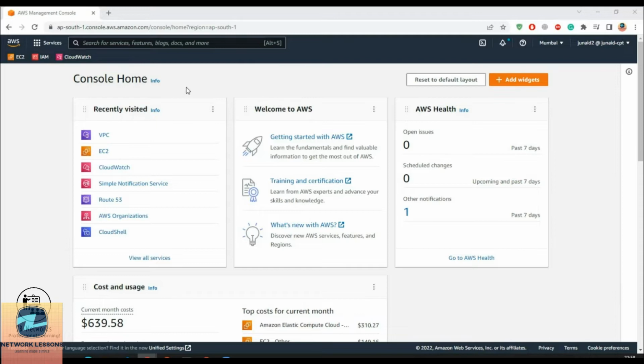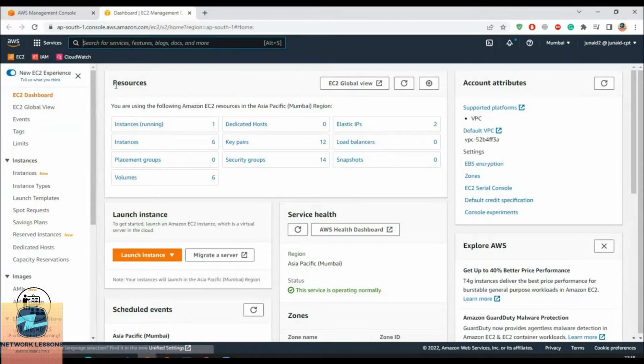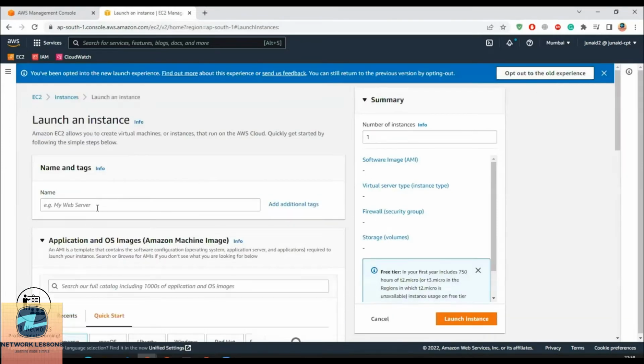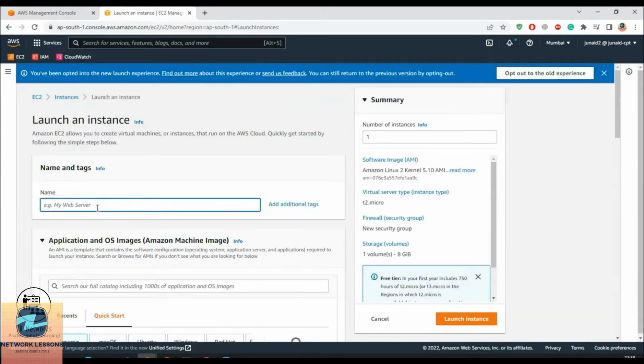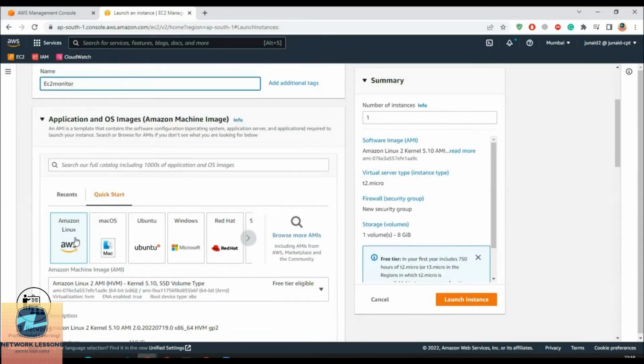The first thing that I need to do is to create an EC2 instance. So let me go to the EC2 portal, and as I see, I am running one instance as of now. So I'll create a new one. What you need to do is launch an instance. I'll just quickly go through this. So this is, say, EC2 monitor. And then after that, I would have to select